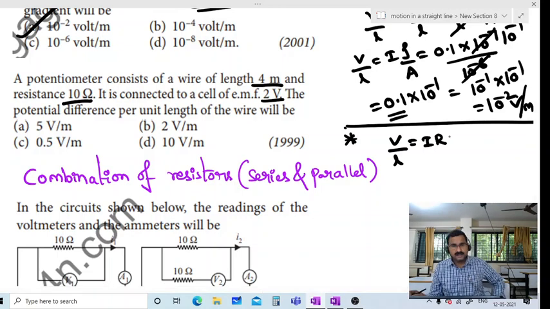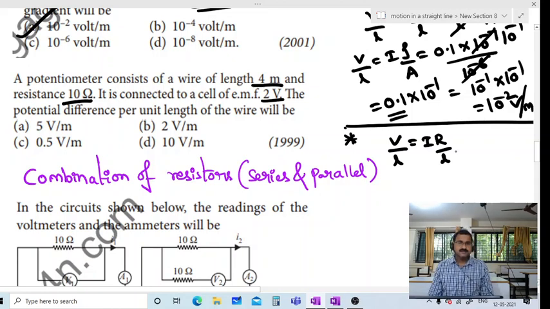So now what are you writing for I? I is equal to, the general formula we know: I is equal to E by R, or V by R, according to what is required. So now V by L is equal to I into R divided by L, because the formula V is equal to IR is there. So V by L means I into R divided by L only. This is the first thing we wrote previously. The same thing we wrote here also.